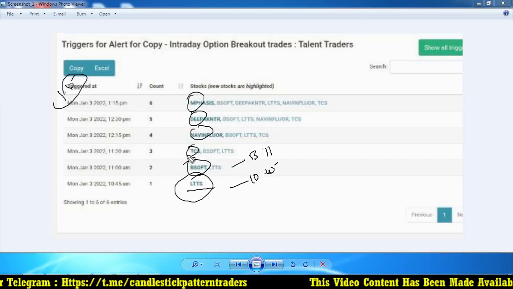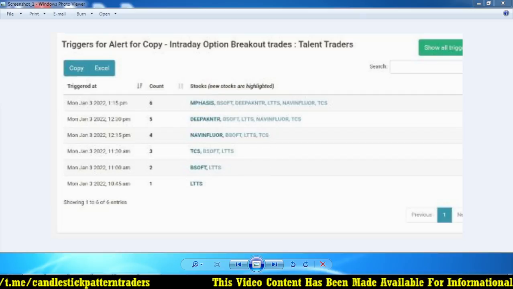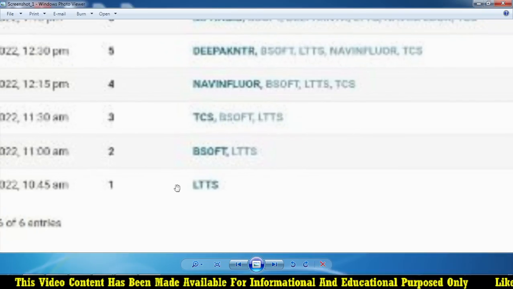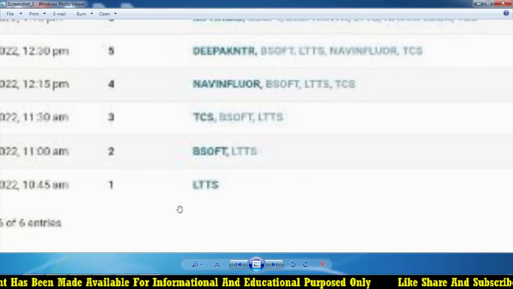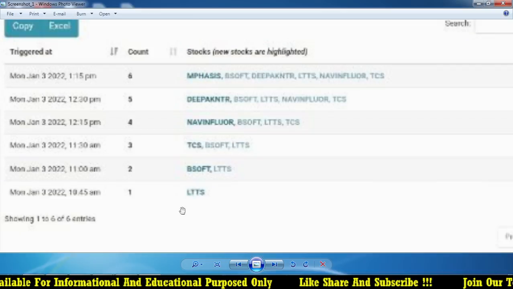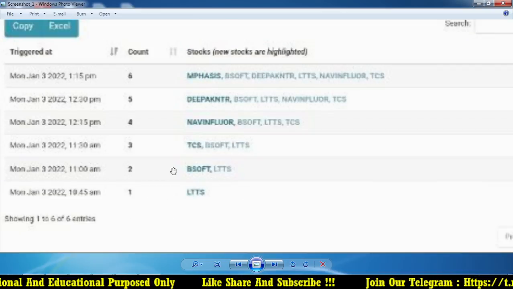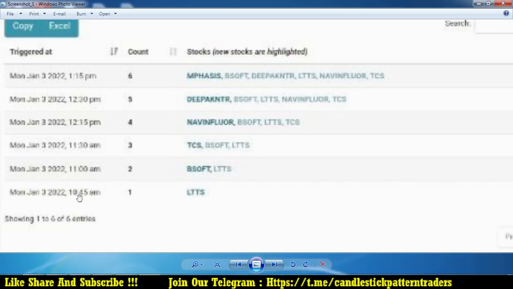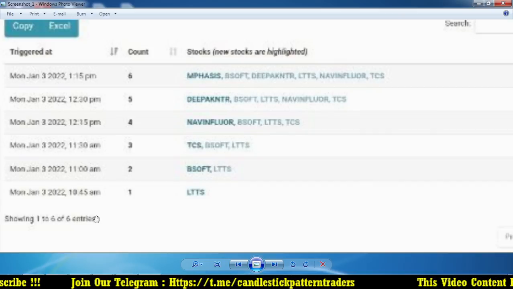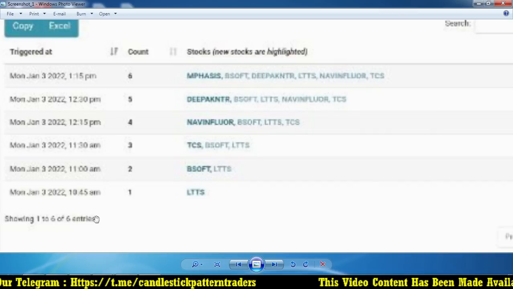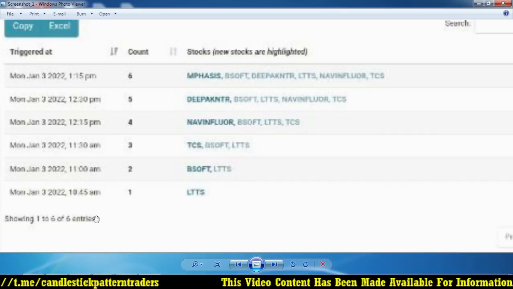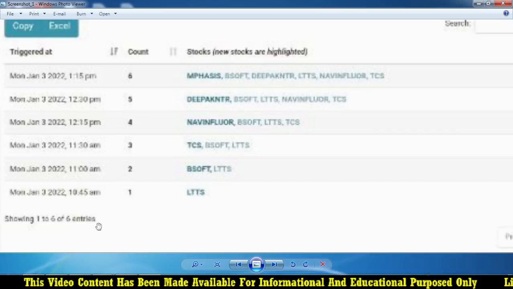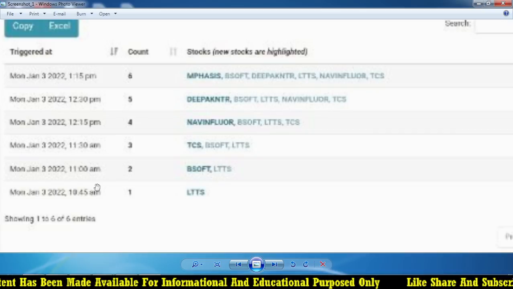Hope you understand. After that, I also created an alert for that. Whenever any stock triggers the alert for the first time, that is the candle on which you are going to use your ORB strategy. As of now, 10:45 is the candle. 10:45 means it opens at 10:45 and the closing is at 11 o'clock. So we need to focus on the 10:45 to 11 o'clock candle. As per this system, the candle closed at 11.